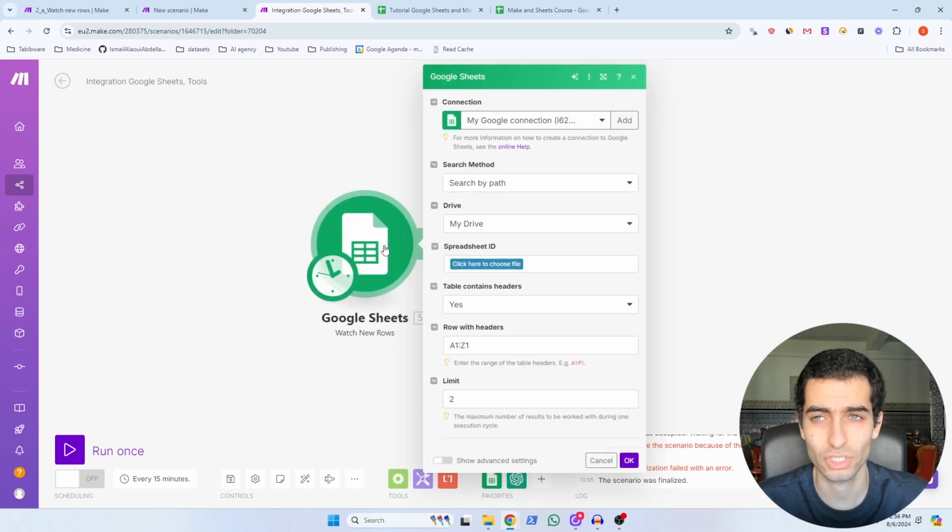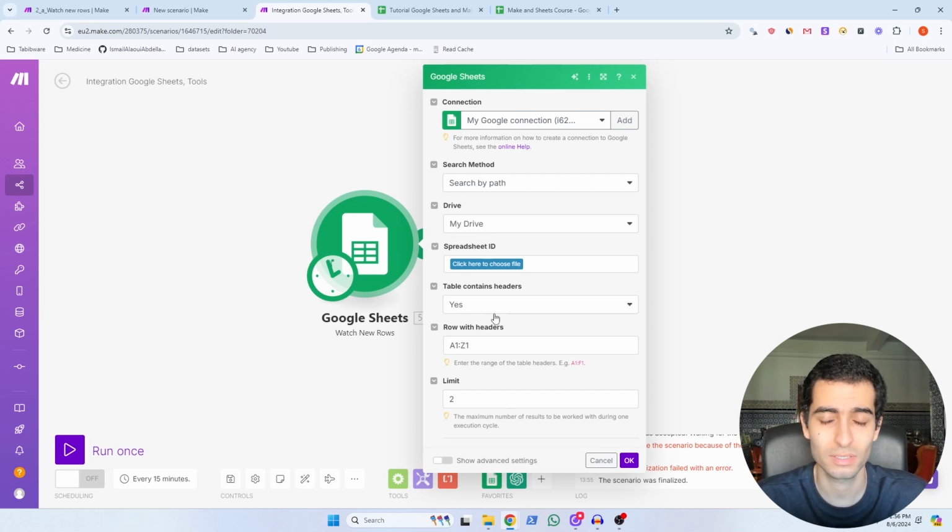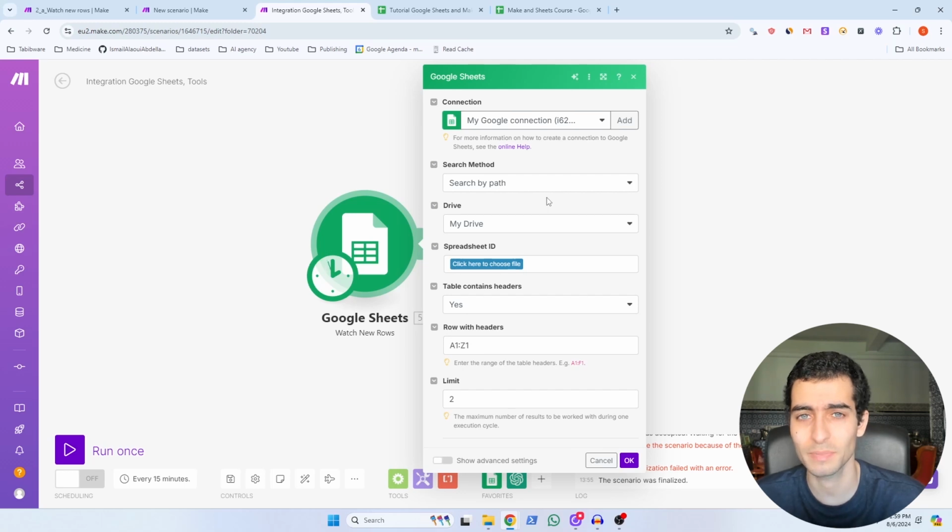So this function actually works differently than the watch changes because we do not rely on a webhook. However, we must choose the Google Sheets file and whether this Google Sheet contains headers or not, and the maximum number of results to output during a run of this function. Basically, this function will monitor all the sheets and will get all the data that has been added in